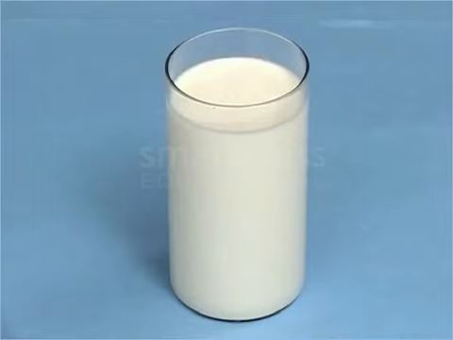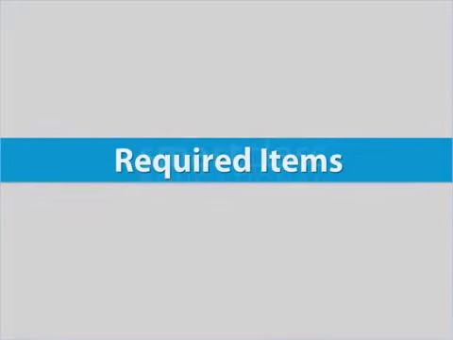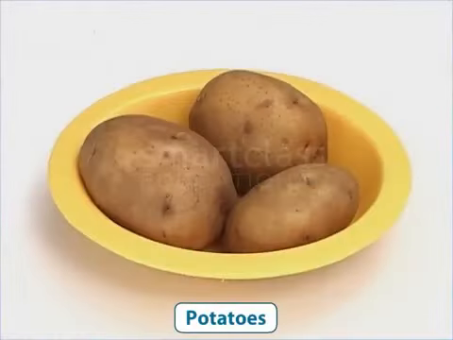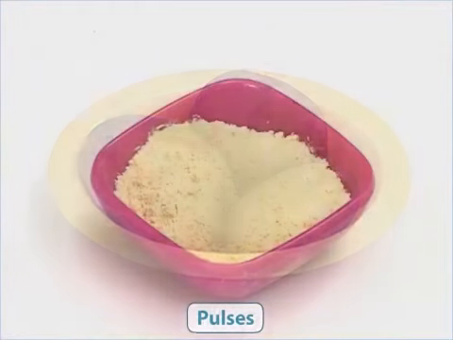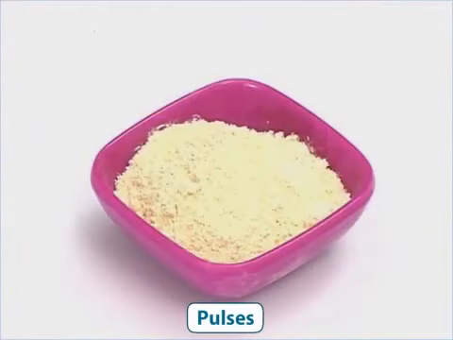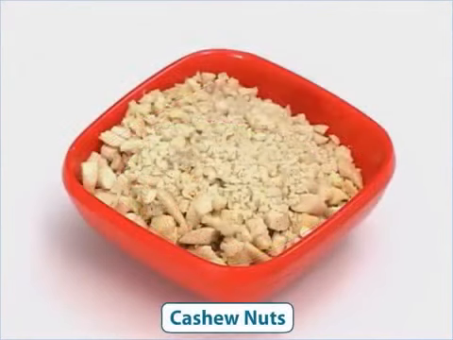Let us conduct an activity to find out the presence of components of food such as starch, protein and fat in different food items. To conduct this activity, you need a few potatoes, pulses in powdered form, crushed cashew nuts,